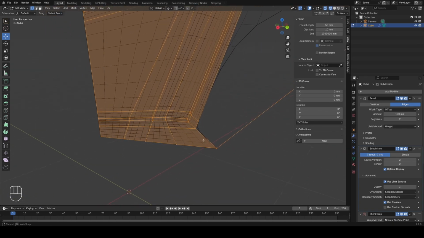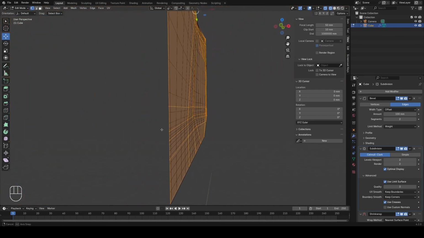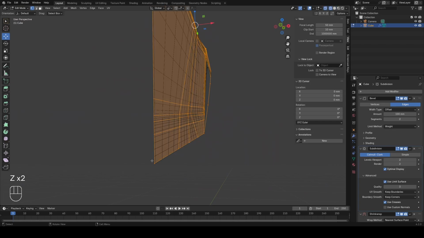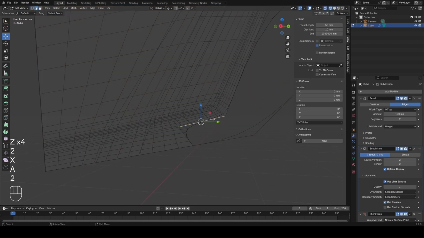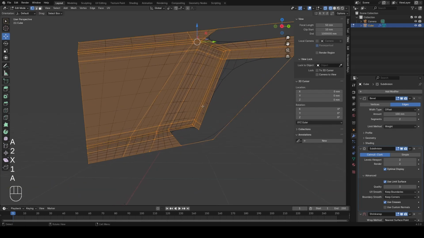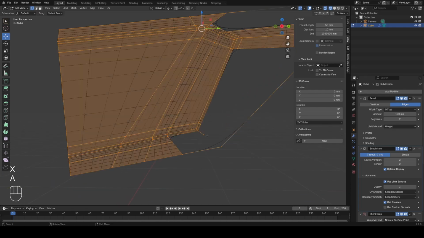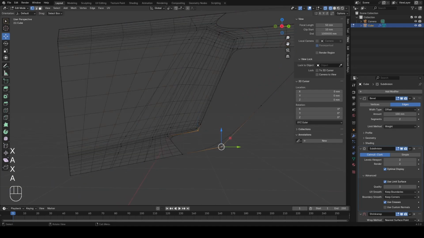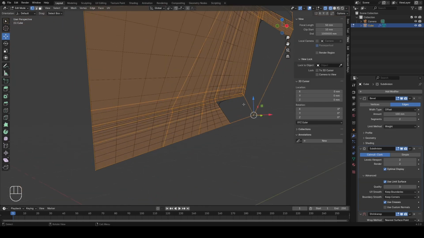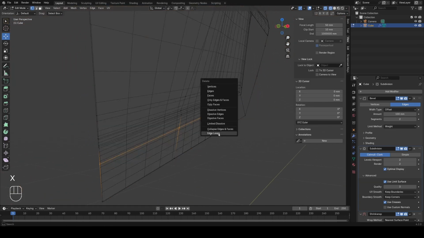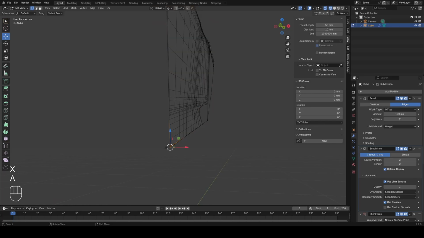It's definitely rounding off at the base though. Okay, let's try a little something. I've not used this tool often, but I think in this case it could be a good idea to take it. So I'm just deleting everything, kind of rebuilding this area in more simple geometry. I'll dissolve this loop, and now